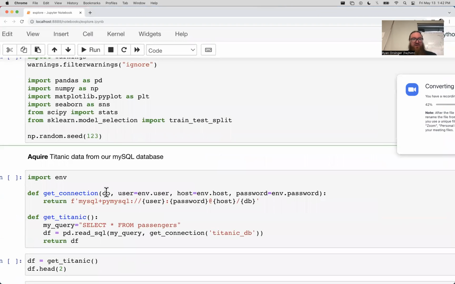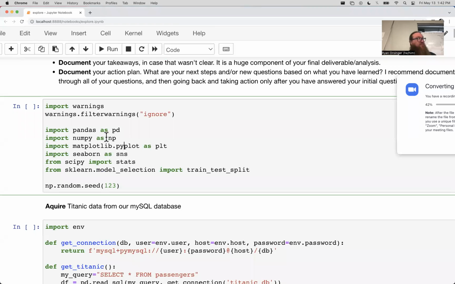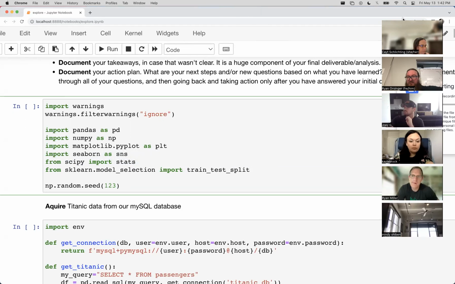So let's get into the code. My notebook that I'm running is literally the curriculum, so all of this is copy pastable. What I'm doing with this import warnings and warnings.filterwarnings is suppressing those pink warning boxes. They're not errors, but they're warnings saying something's changing or will change about the Pandas API, which shouldn't matter to you because you haven't been using it for its entire life, right? So we just suppress those warnings. We'll pull in Pandas, Matplotlib, NumPy, Seaborn. We're going to pull in SciPy for some of our statistical tests, and then pull in train_test_split from sklearn.